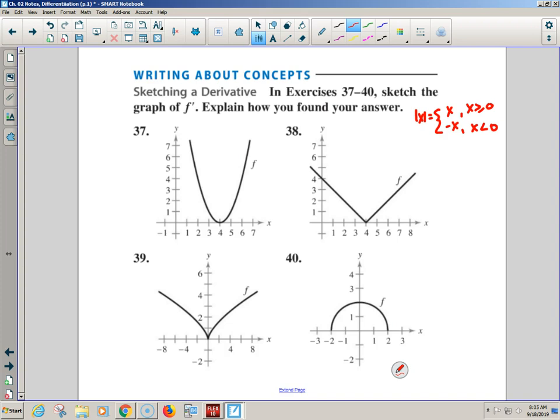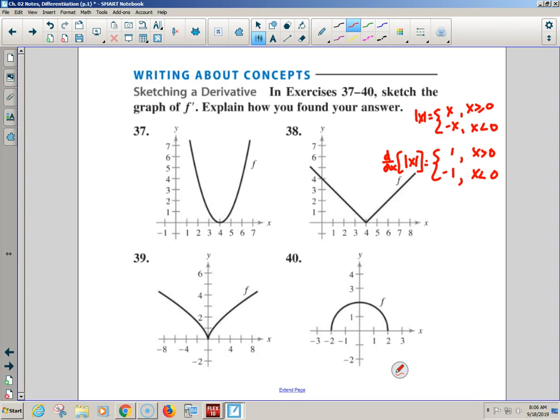Then we talked about how each of these pieces are lines, and we know slopes of lines. Derivatives are slopes of lines. We can look at it and say, it's y equals mx plus b. What's the slope for the first piece? Positive 1. And the slope for the second piece? Negative 1. Aren't slopes the derivative? Remember the notation yesterday? You're deriving this and you get 1 and negative 1. You get 1 for all the positive numbers, and negative 1 for all the negative numbers, but why haven't I said or equal to 0?